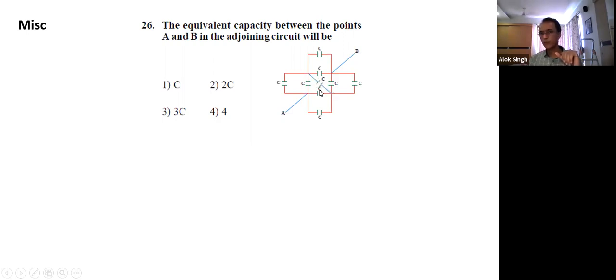Then we can remove this capacitor shown in blue color. I can find the equivalent capacitance. Most of you should be able to solve this question without much difficulty. First, you take this parallel, everything becomes 4, all on 4 sides becomes 2C each, and then the one in the center can be removed. So this 2C in series, this 2C in series, finally both are in parallel. All of you should try and get an answer.